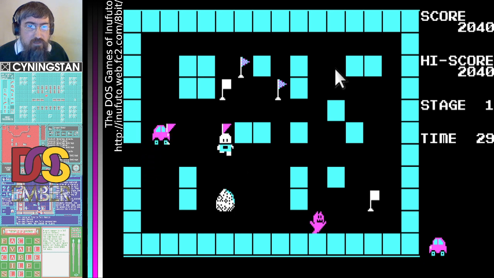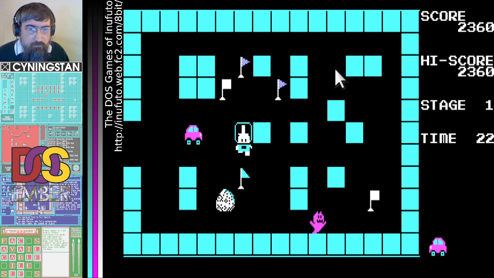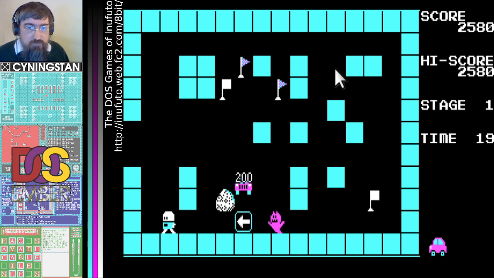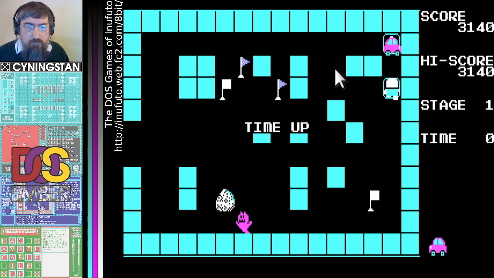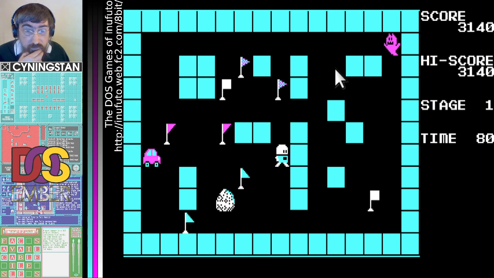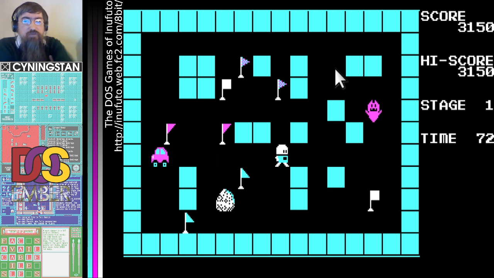Okay, that goes to the right. What about this? Okay, that goes down, that goes left. That goes up. Okay, these all go to the right, that goes down. Time up. Yeah, that's interesting, but I'm not really getting how the arrows work. It's not the direction you're facing in. I don't think it is.